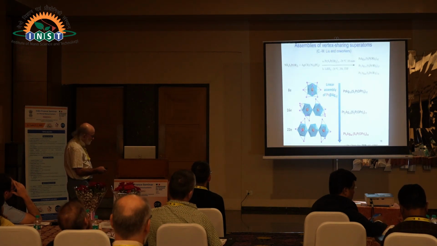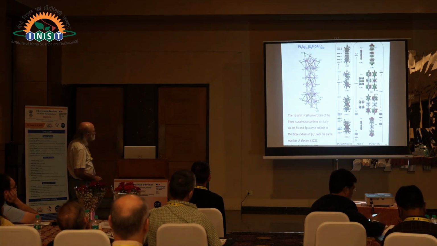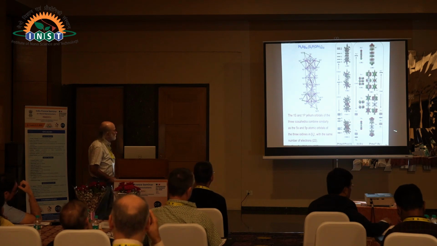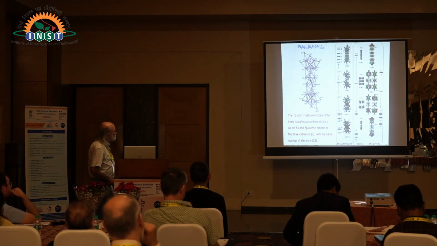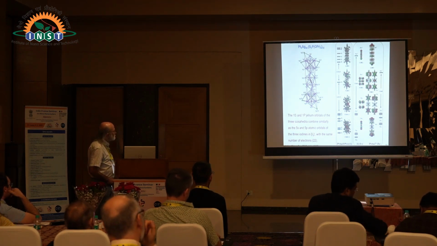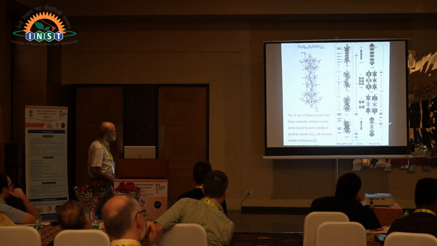So the question is, how about 3 icosahedra? Actually, we did the calculation of this compound. Here is the MO level ordering of the core. We got rid first of the protecting shell. Here is the core. Here is I3 minus. And actually, there is a 1-by-1 correspondence between the orbitals of I3 minus and the core of these systems.